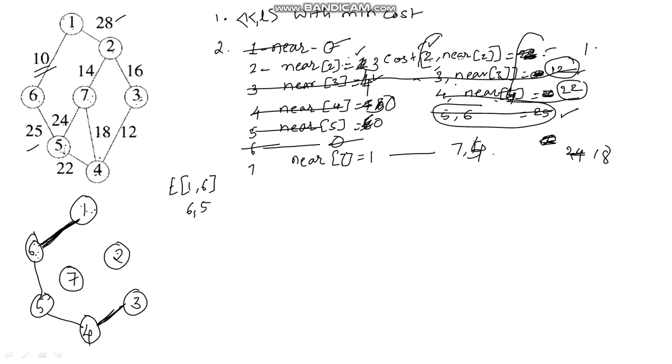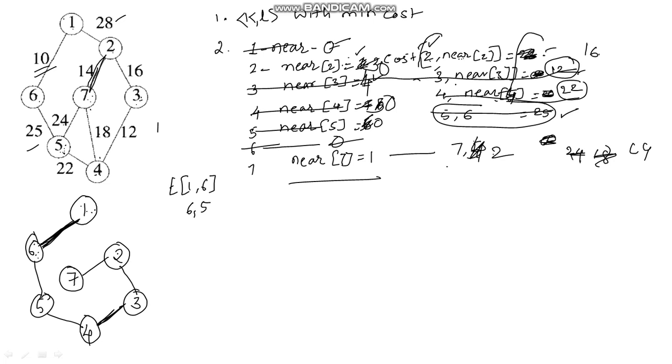The cost of traversal for 2 to near 2 is 16. So 16 and 18. So now what we can find is 3 will be added. Near of 2 will be made 0. Only one vertex is remaining, but still we have to find out its near. So near of 7, previously it was 4 with cost 18, but now adding 2 has made it nearer to 2. So near of 7 now is 2 with the cost 14.